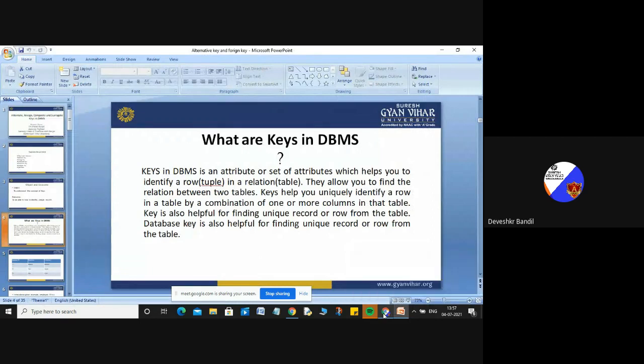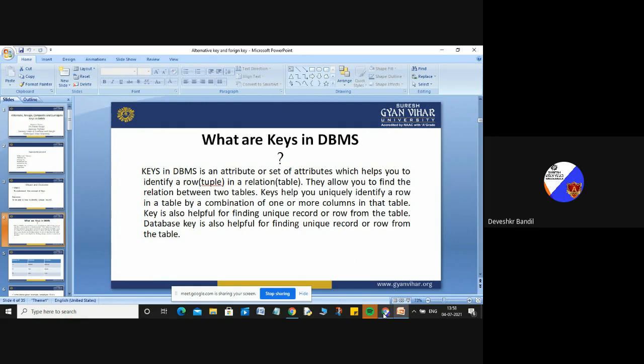Students have a relation with the teacher because the teacher teaches the students. So through the key you can also define the relation between your student and your teacher.